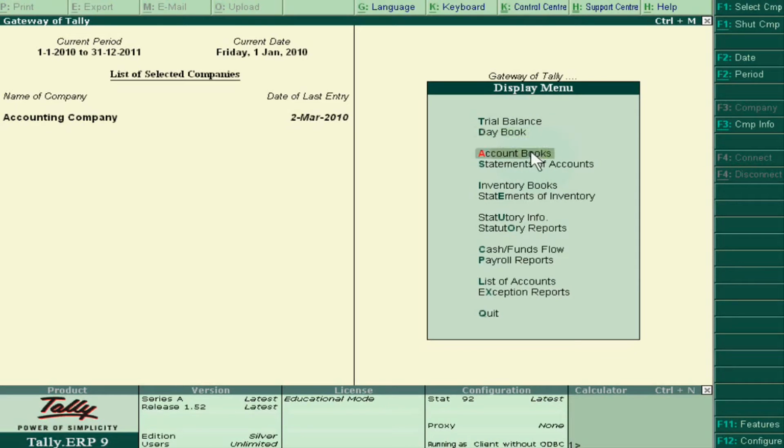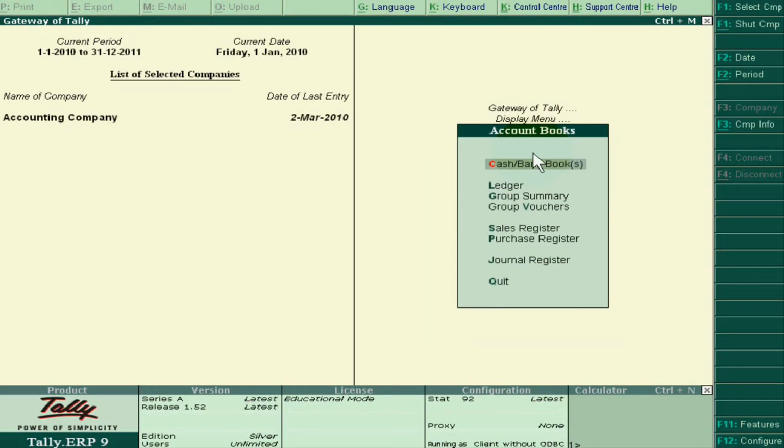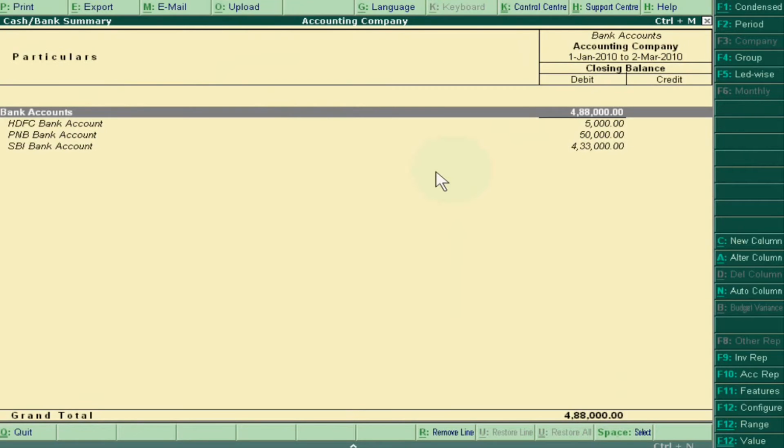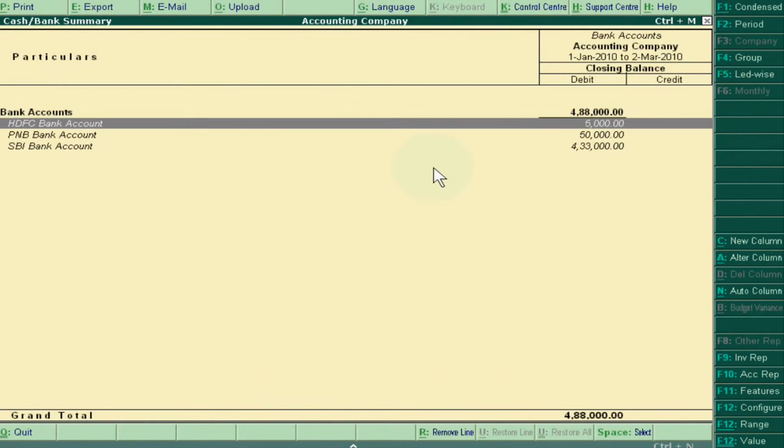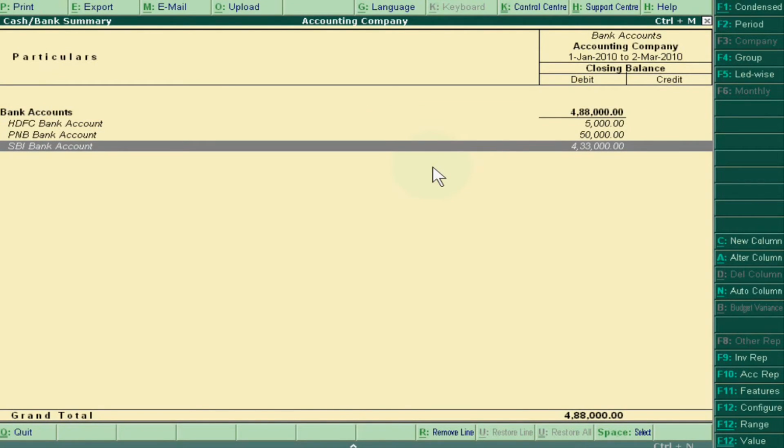For this, I have to go to my account book and then click cash and bank books and choose the bank. Suppose I want to reconcile with the SBI Bank.